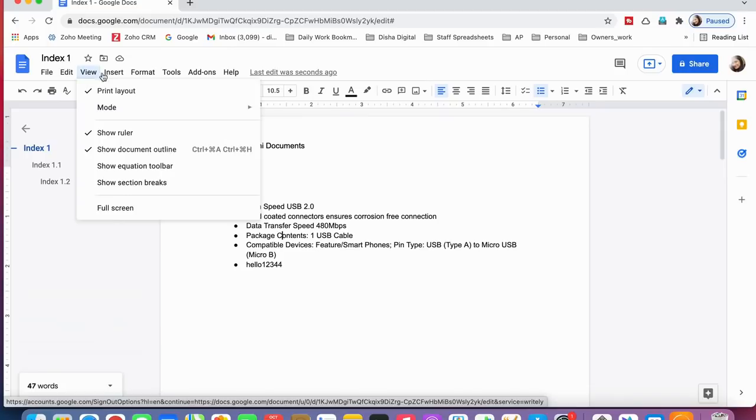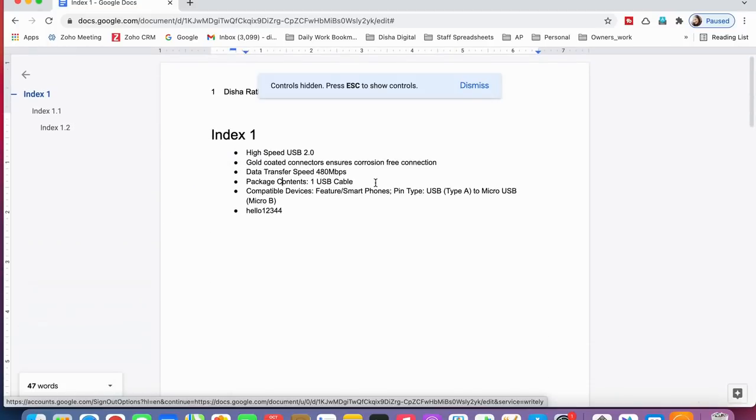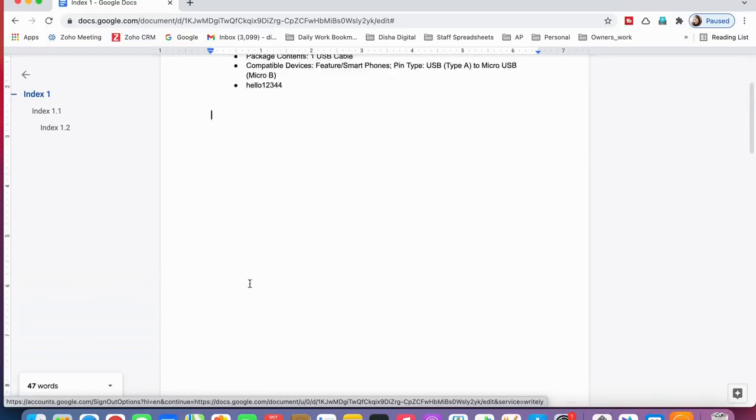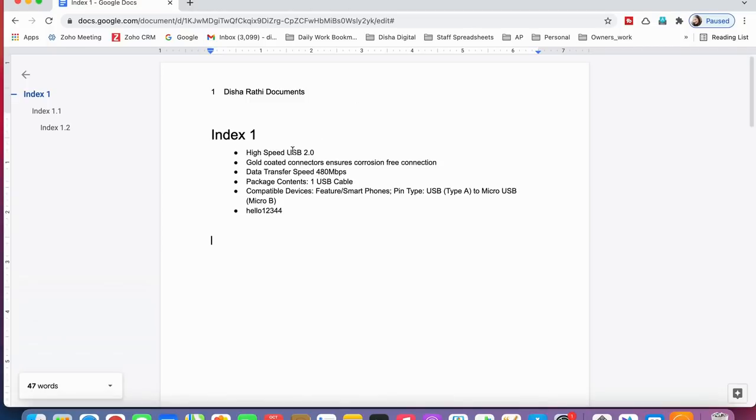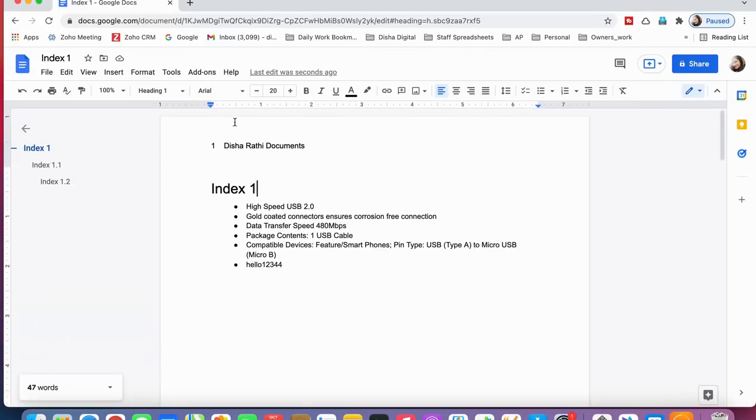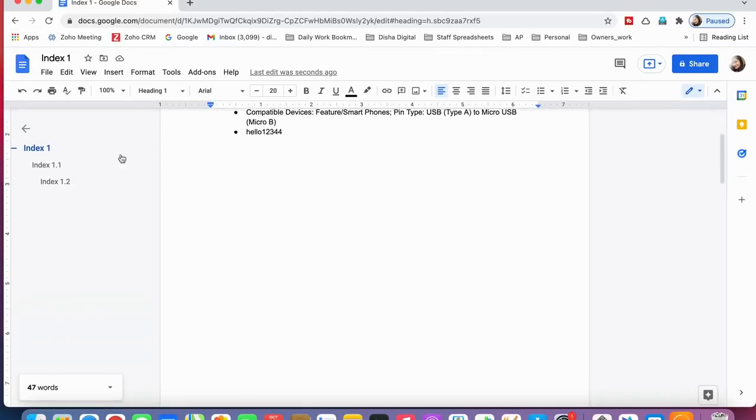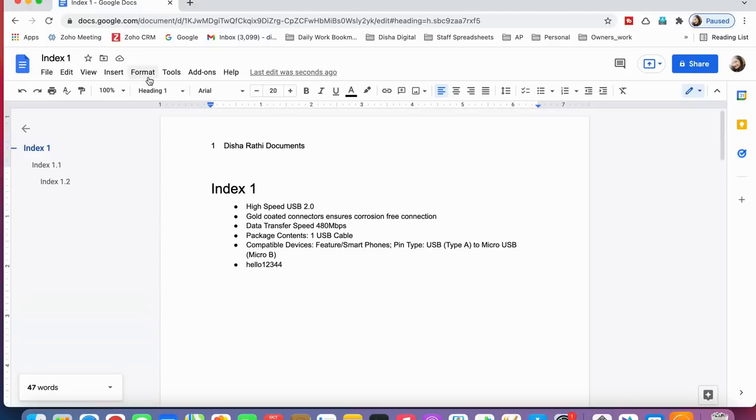If you want to see this document in full screen, just click on View full screen, and you can see the document you're editing in full screen. If you don't want full screen, just press the Escape key on your keyboard. So this is the way you can count the words and hide the full screen option as well.